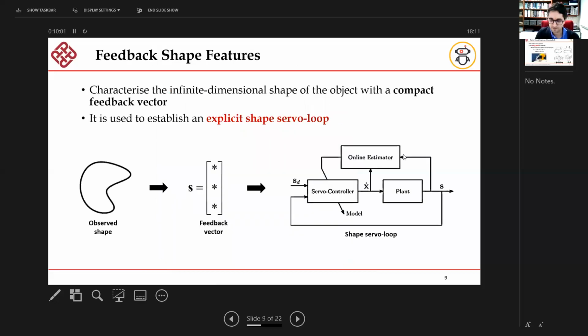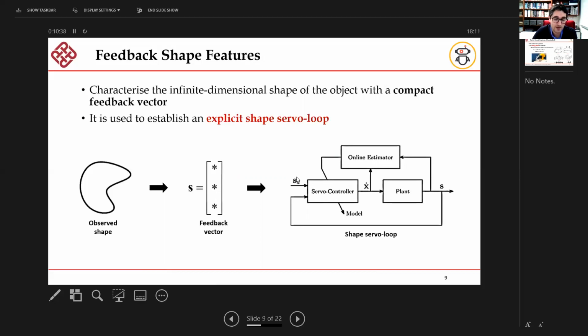So yeah, back to the issue that I want to discuss in this presentation, which is representation. How do we represent a shape? Do we have a shape sensor? Do we have a standard way to do it? And the question is, why do we even need to obtain such a quantification of the shape? Well, at least in the work that I've been doing, I'm literally using systems and signals,